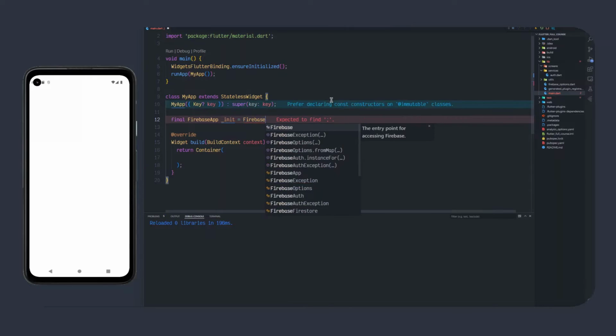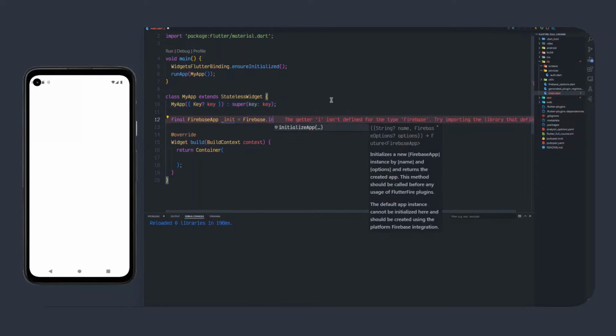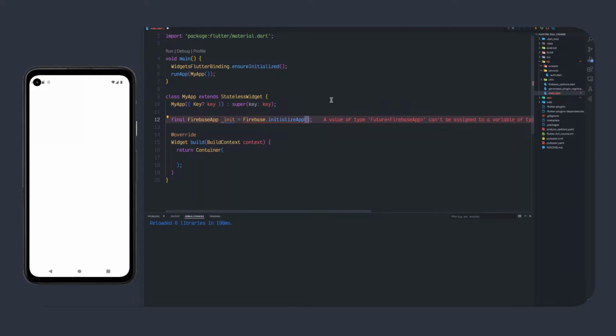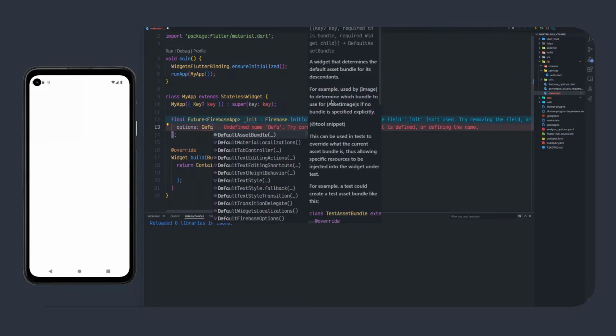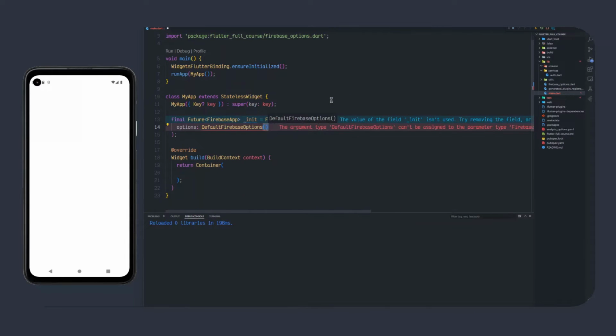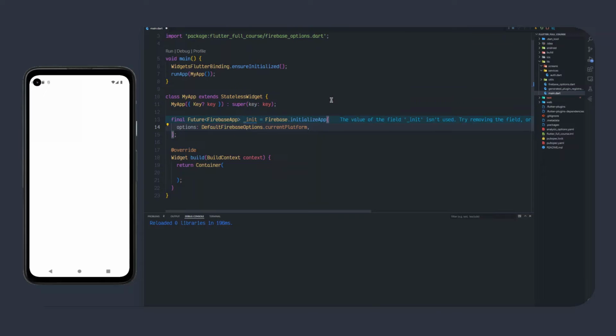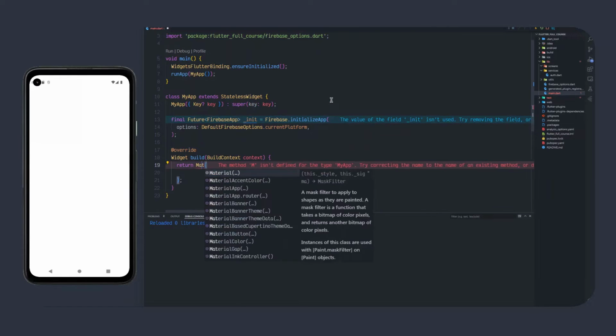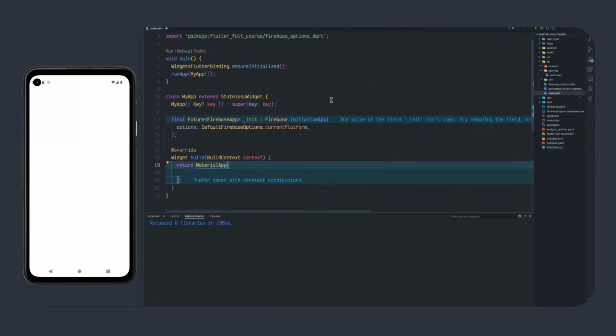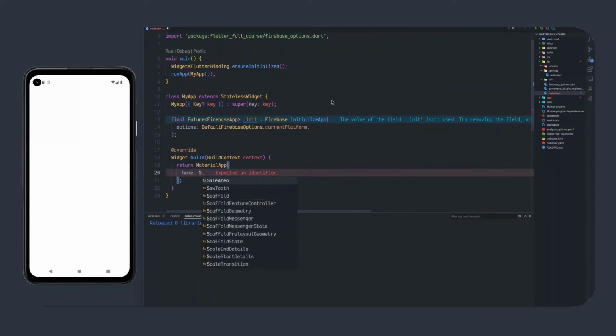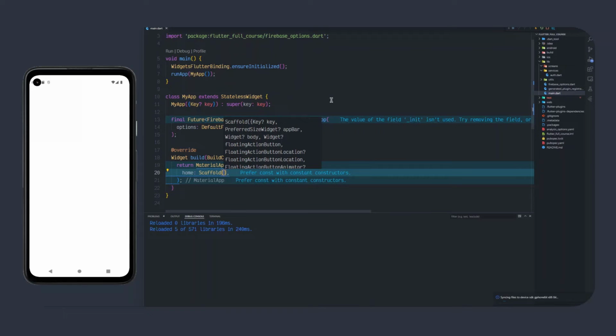That's going to be Firebase.initializeApp, a Future of FirebaseApp, and we can pass in the options, which is going to be DefaultFirebaseOptions.currentPlatform, like that. And then we're going to return a MaterialApp. Let's just say our home is a Scaffold. If we save this and give it a hot restart,